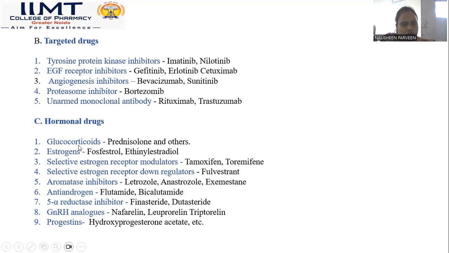Next class is hormonal drugs. First is glucocorticoids, prednisolone and others. Next, estrogen. Example: ethinyl estradiol. Next class, selective estrogen receptor modulator, tamoxifen. Next is selective estrogen receptor down regulator. Example: fulvestrant. Next, aromatase inhibitor. Example: